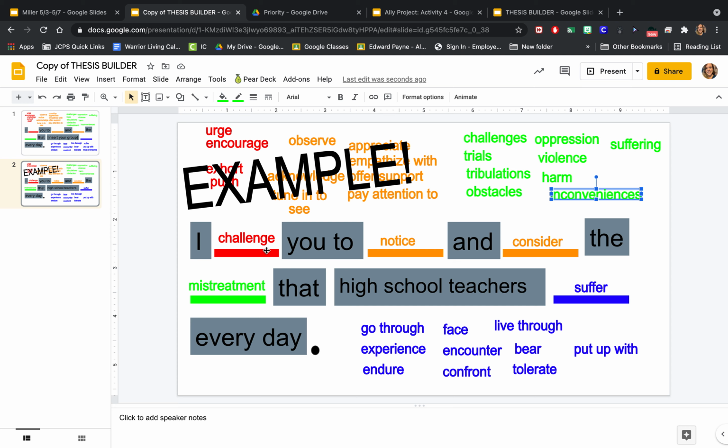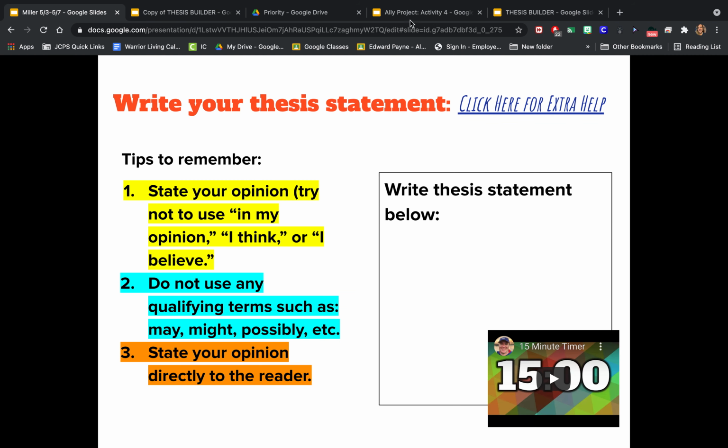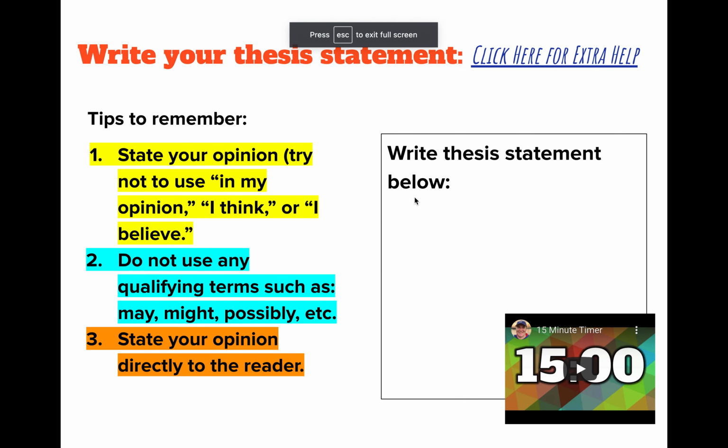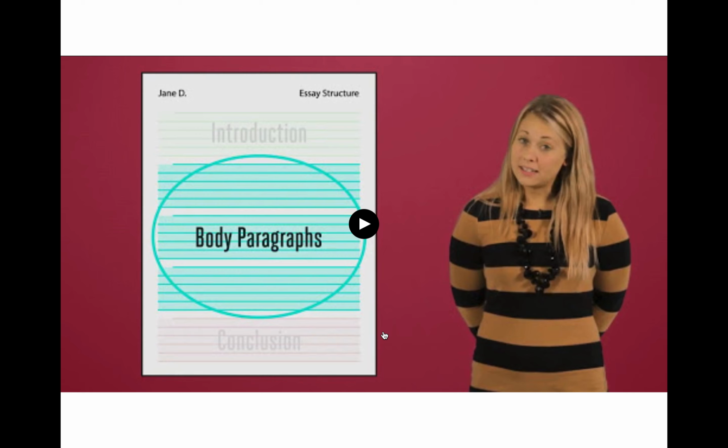You will choose words that fit whatever point you're trying to make about your marginalized community. Once you have done that, if that's the route you chose to take, you can write your thesis statement here in this box, okay? This video is meant to help you write your body paragraphs. On your assignment, it just has a big click here, and you can look at that for advice.